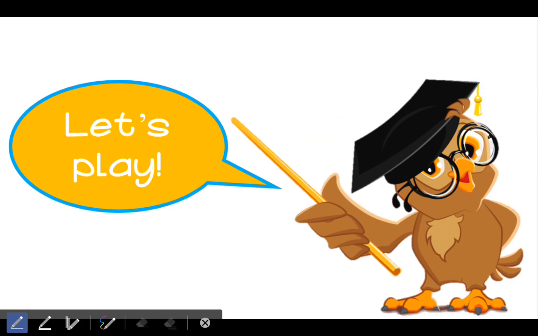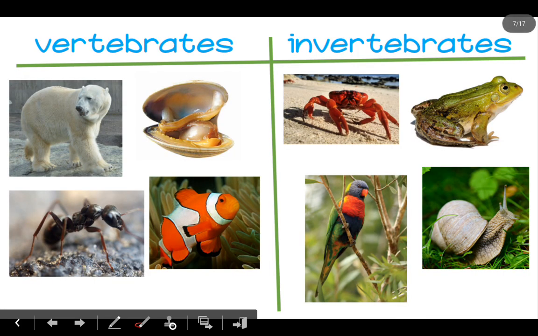Are you ready? Go. Here you've got vertebrates and invertebrates, but not all of them are correct. Some are correct and some are incorrect. Okay? Some are true, correct, and some are false, incorrect. For example,